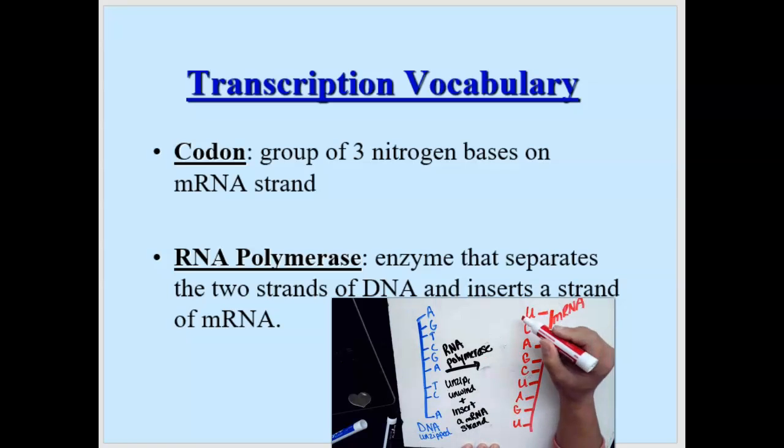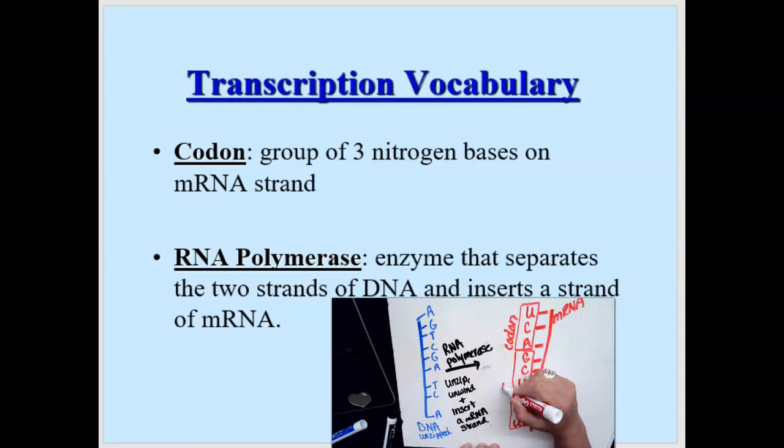Another important term to know is a codon. And a codon is just going to be a group of 3 letters, 3 nitrogen bases, on a messenger RNA. Okay, so UCA is a codon. GCU is a codon. AGU is a codon. And we're going to use these codons to basically put into place, we're going to translate these codons into an